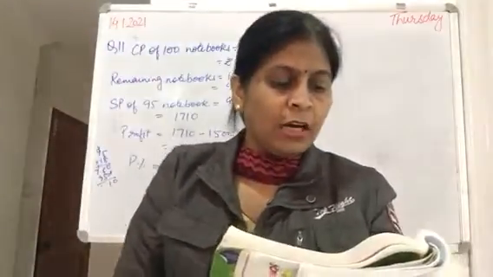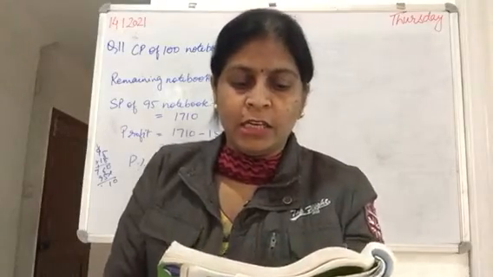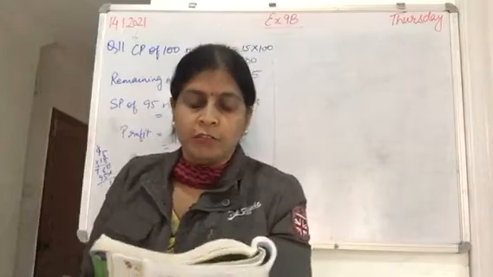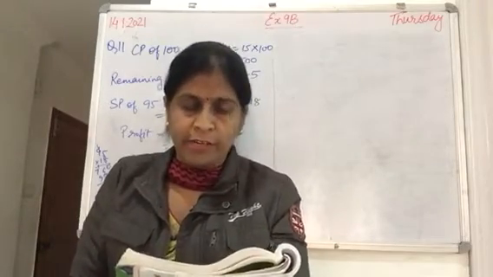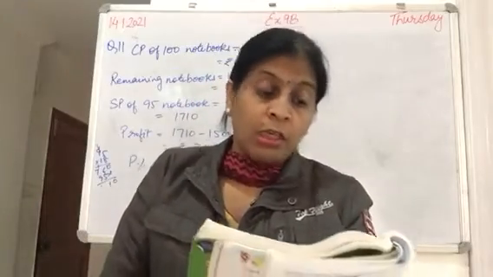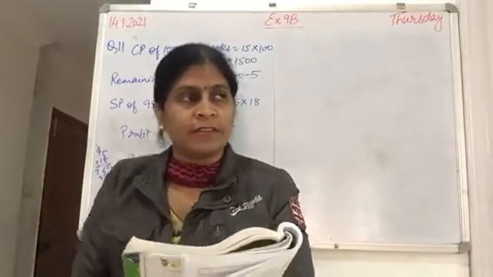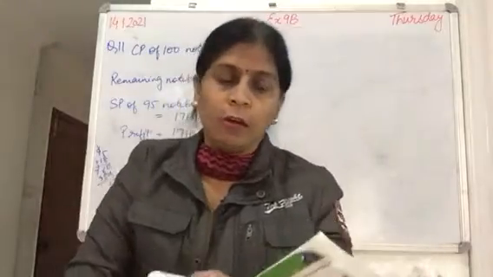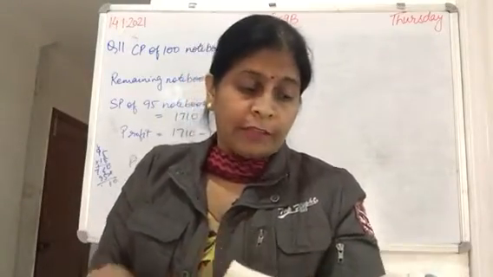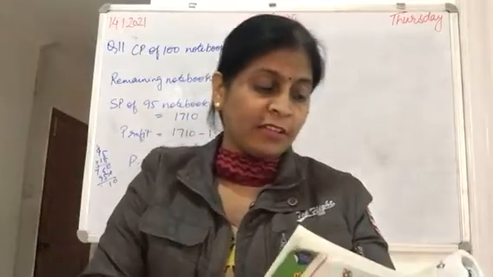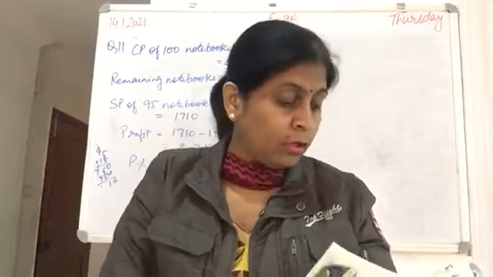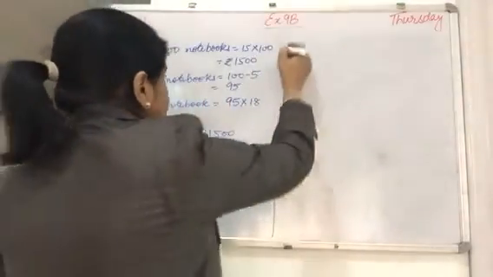Now next, a retailer bought a mixie from a wholesale dealer for rupees 4500. So cost price is 4500, sold it at 6000. Find his profit or loss percent. So it is simple: cost price and selling price are given, find out the profit or loss. So this question you do by yourself. And the answer at the back is wrong, so you just check by yourself. Alright.